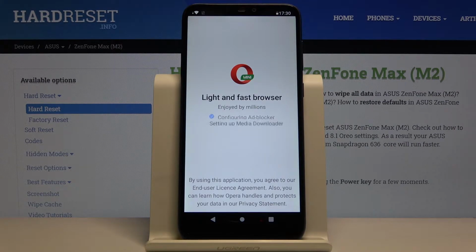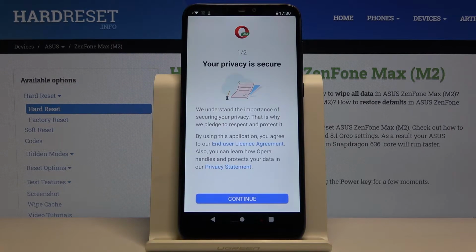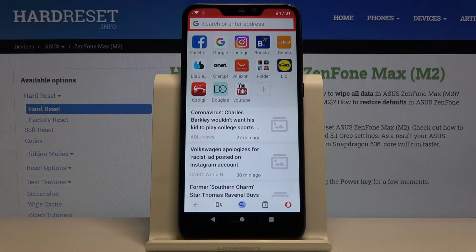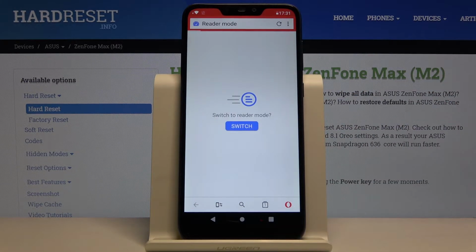Right now, just wait a little bit. Click on continue, then tap on allow and continue. And right now when we enter, for example, this page,